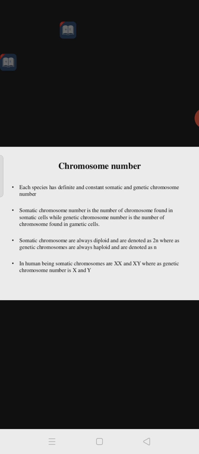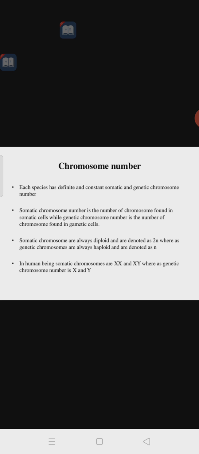Autosome means body chromosome or somatic chromosome. Allosomes means sex chromosomes, that is in male XY, in female XX. Those characters are expressed by the sex chromosomes in the different animals. Somatic chromosome number is the number of chromosomes found in the somatic cells. For example, in Drosophila melanogaster there are 8 chromosomes, which is 4 pairs, and again there is a different sex chromosome and body chromosome. Like that, every species has autosomes and allosomes. Understood? So somatic means body cell chromosomes, while gametic chromosome number is the number of chromosomes found in gametic cells, in the sperm and the egg, or in the sex organs.